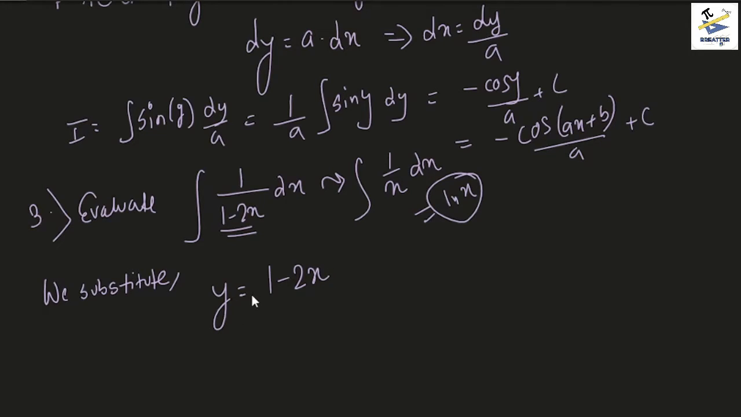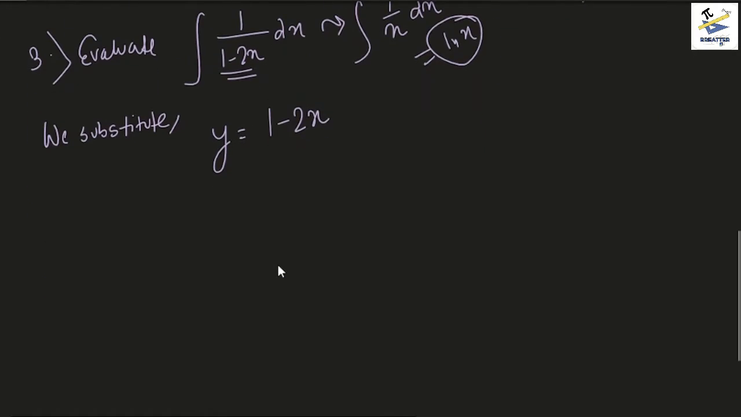Now y equals 1 minus 2x would give us a pretty easy way to evaluate this integral, because when you differentiate both sides, what you get is dy equals minus 2 dx, right? And this would give you dx equals minus dy by 2. Using this